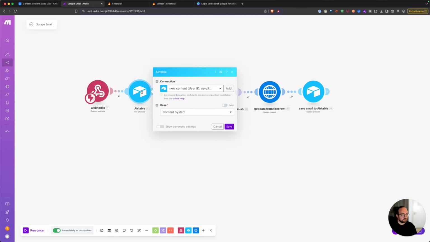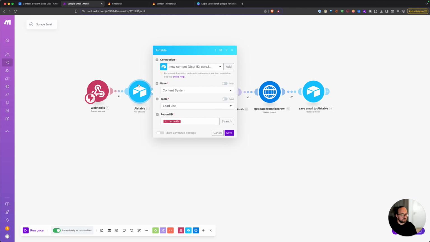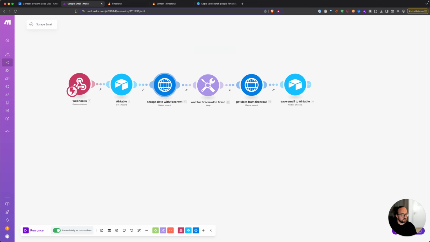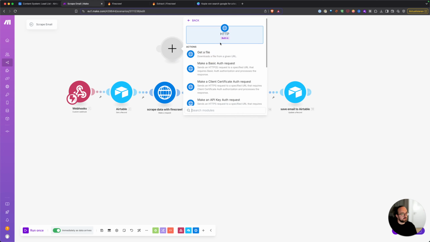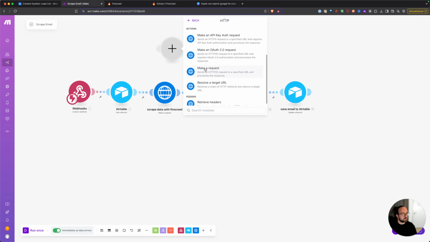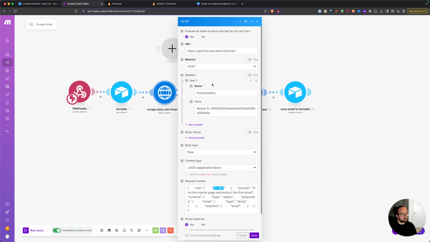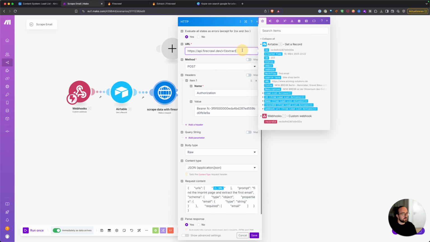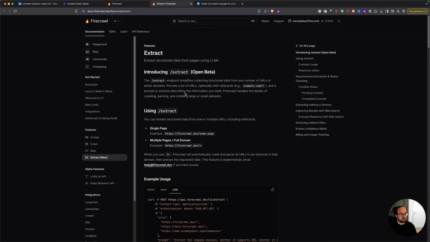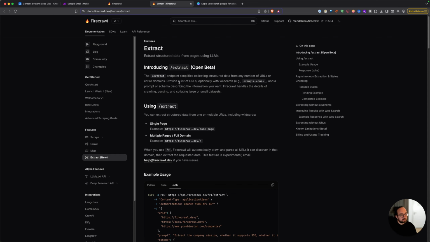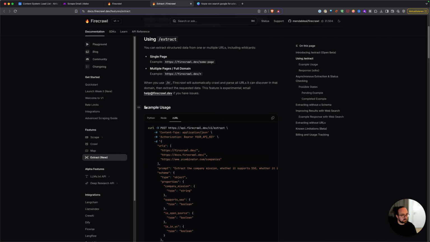So after we have the Airtable record here, we can scrape the data with Firecrawl. This is just a normal HTTP make a request call. So you open this call, URL. Here we are using the Firecrawl extract API. When you check the documentation here, read it, or you can also generate a summary with AI, whatever. Here you can see example usage,